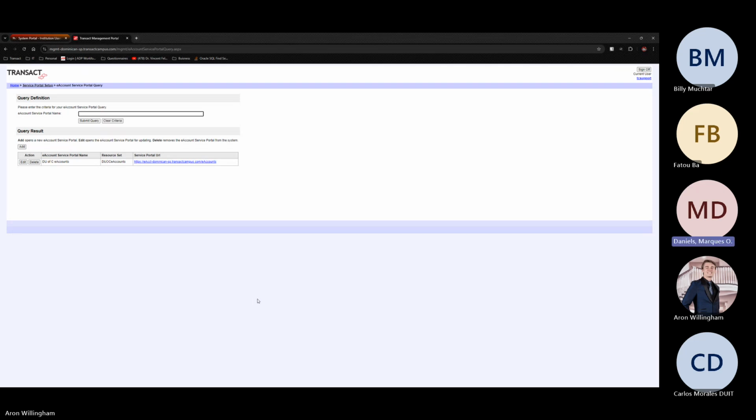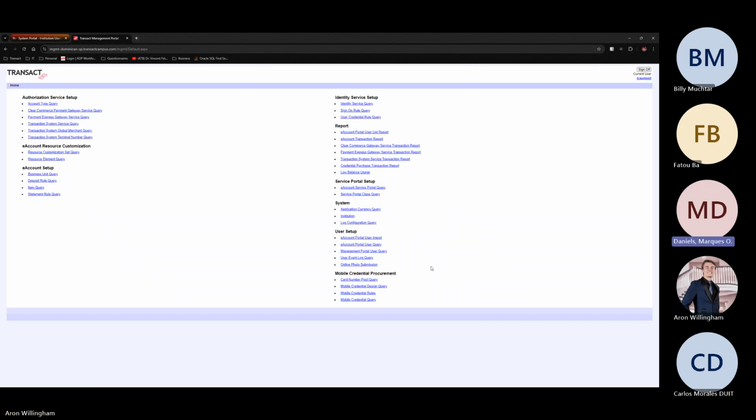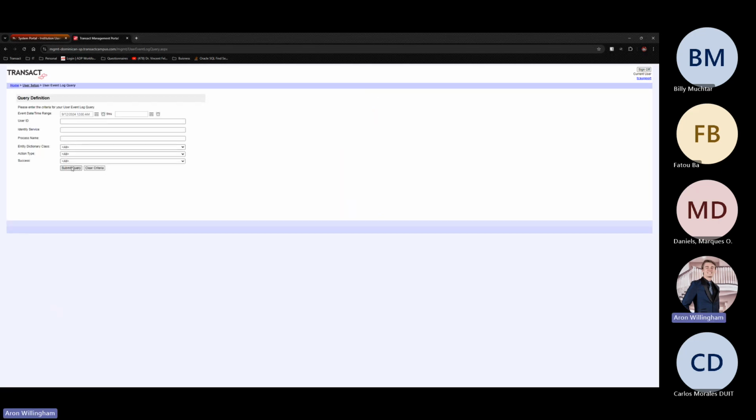While I'm still logging in, I have a question. Is there any way I can pull user reports out of the SP portal? Like I wanted to see how many users have added the app over a certain amount of time. I haven't seen any reports, but maybe I was missing something. Like how many people have downloaded the app? How many people are using the app? Those type of analytics would be really helpful. The only thing, let me see. I don't think it'll be this, but